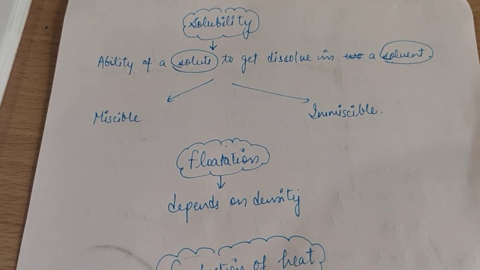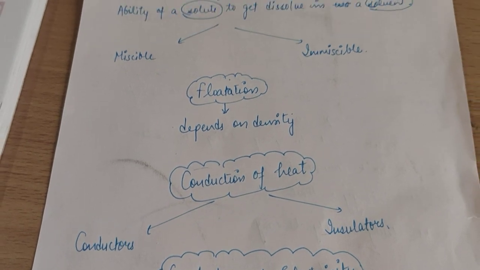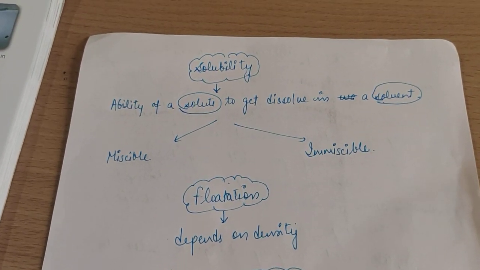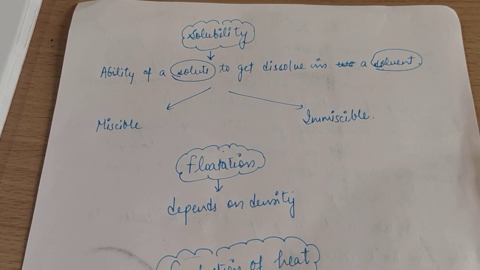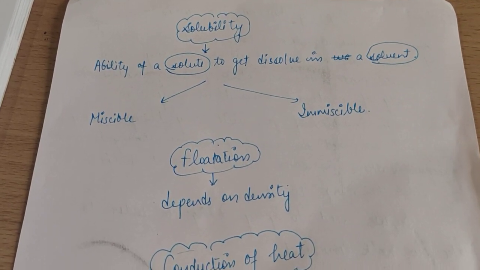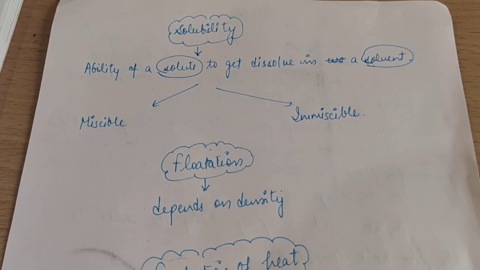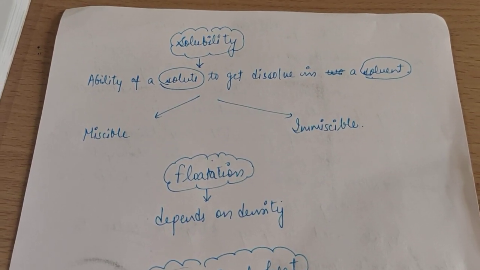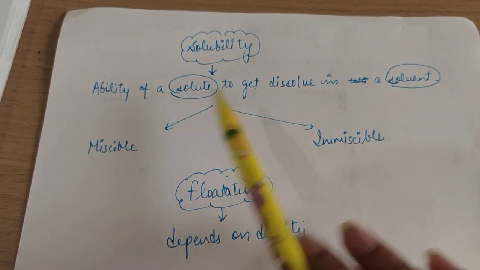Now in this class also we will discuss some more ways by which we can categorize the elements around us in different groups. We have also done that grouping of elements is needed in order to make the study of the elements easy and to save our time so that we can find out the things easily. Right? So the criteria that we are going to start today is solubility.